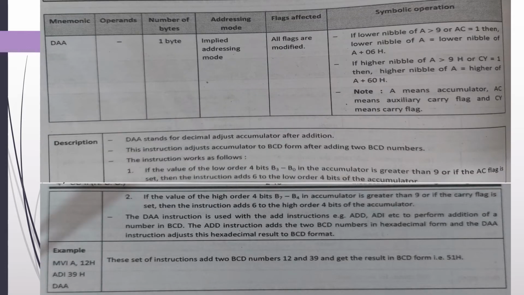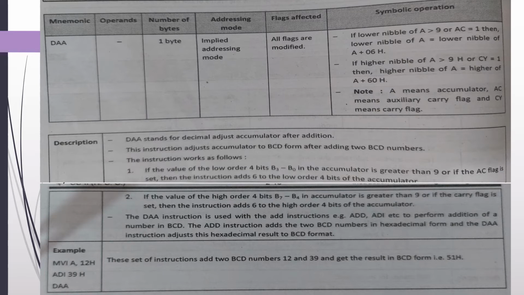The next instruction is decimal adjust accumulator. As the name suggests, it is converting from hexadecimal number to decimal number. What do you mean by converting hexadecimal to decimal? As we know, in hexadecimal, 9 plus 1 is A. But in the normal decimal number system, 9 plus 1 is 10. So how do you convert this A to 10? That is the rule that is applied inside the microprocessor by decimal adjust accumulator.